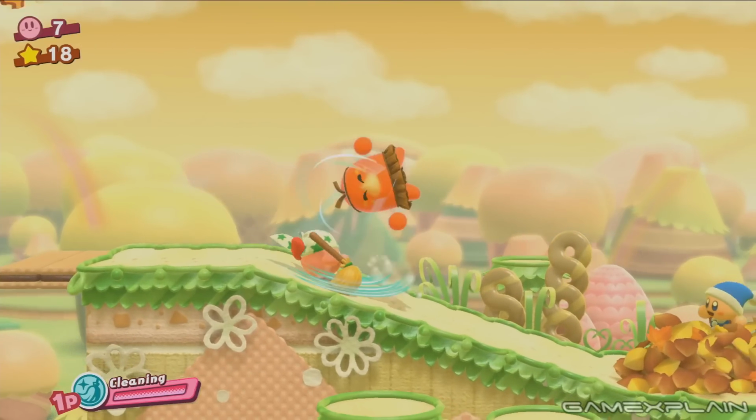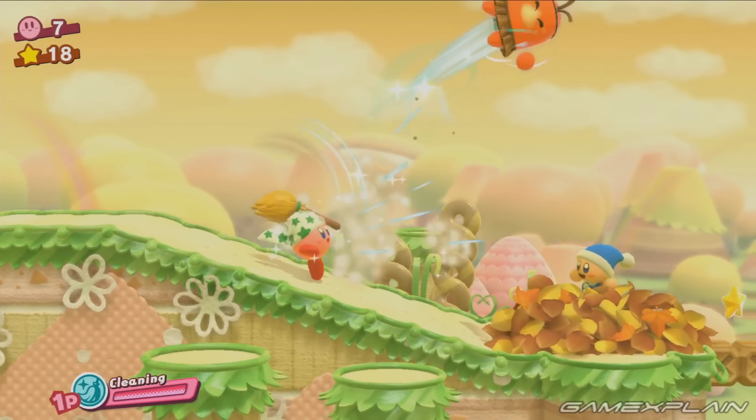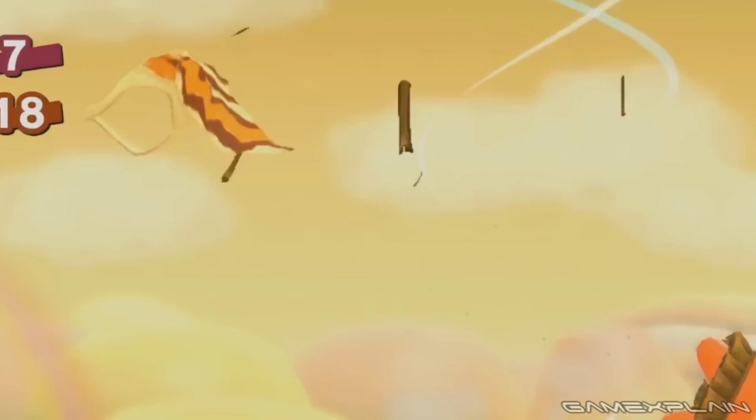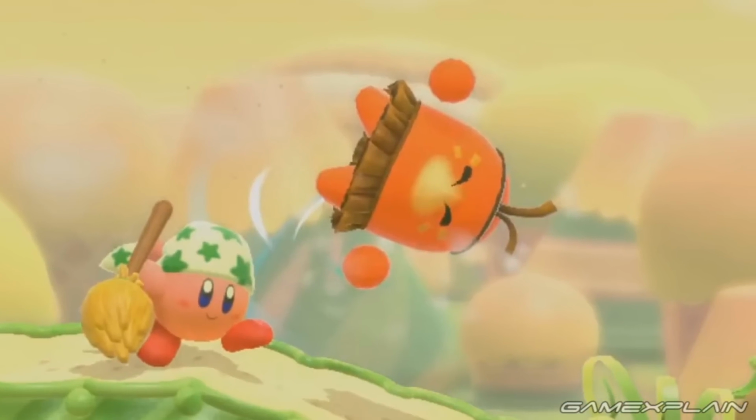We then see Cleaning Kirby in action as he uses his broom to juggle this brand new orange-colored enemy before tossing it away. Unfortunately, because this new enemy is only seen during this scene, we don't really know what it's capable of, as this piece of cloth on the left may be part of its attack. That cloth may even indicate that this new enemy is how Kirby obtains the cleaning ability, but there's no concrete